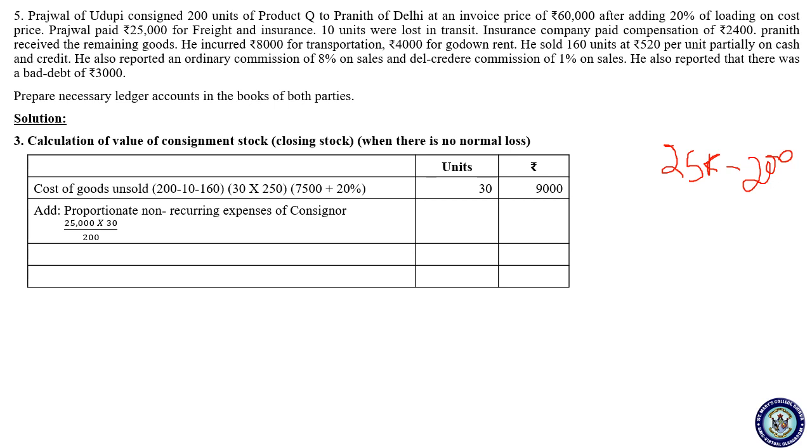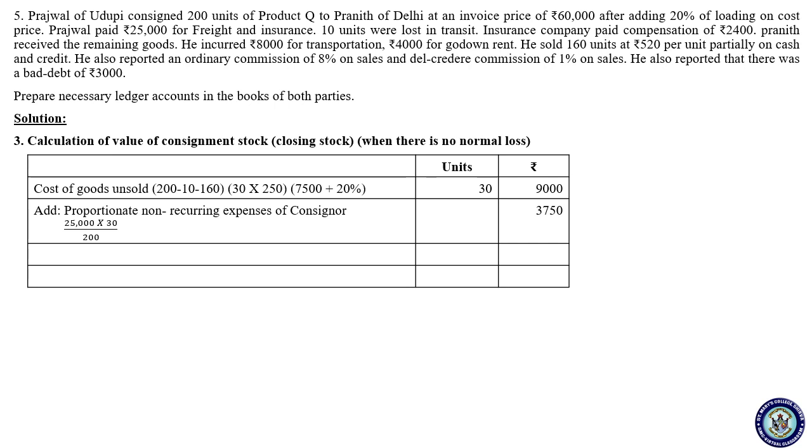We want it for only 30 units because my closing stock is 30. Cross multiplication, 25,000 into 30 divided by 200, it comes to